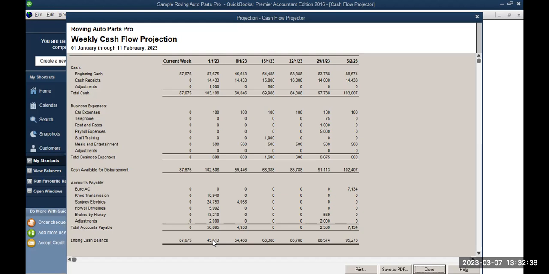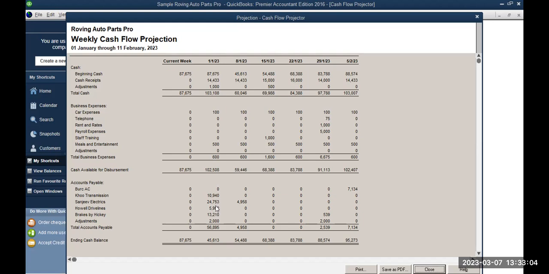At all times, you have to check that you're not having a negative ending cash balance, because of course that will not be advisable. So as you're doing your cash flow projections, you check that your ending cash balances are positive. But also this helps you to see, do I have enough money to be able to maybe pay